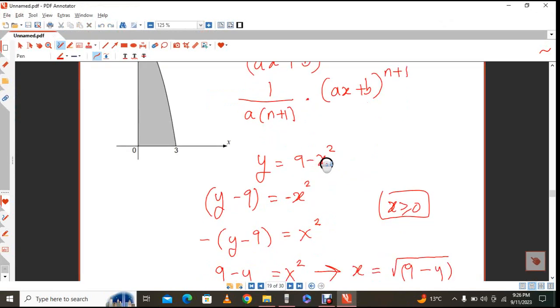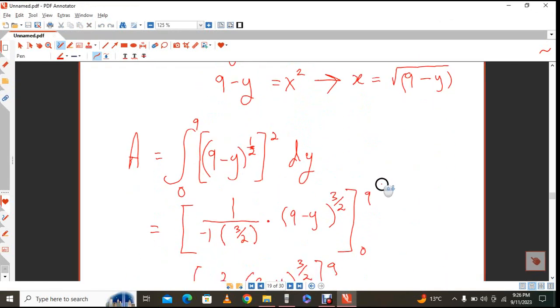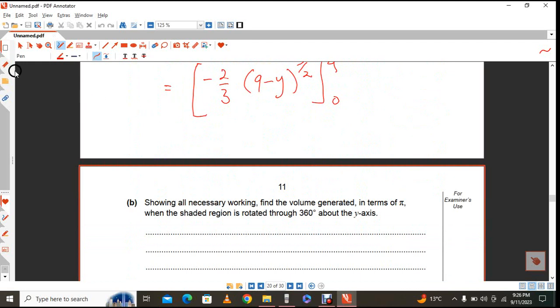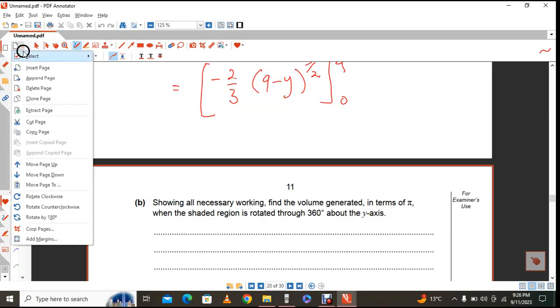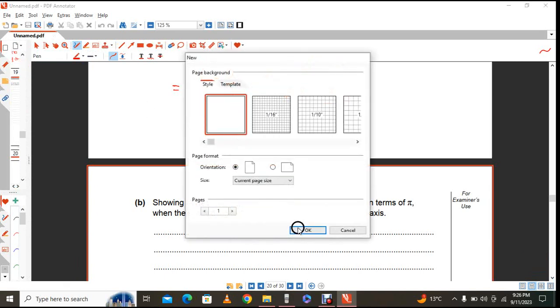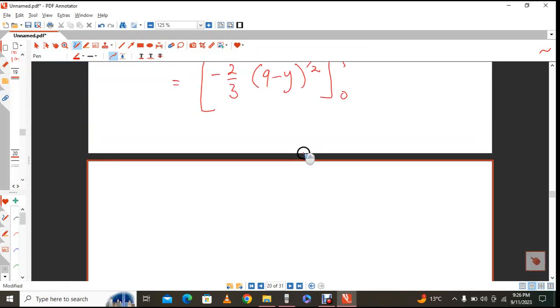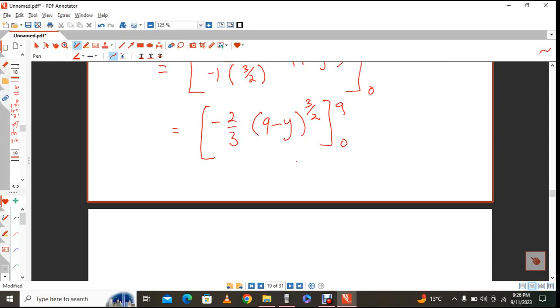So I'm working here with an annotator. So I was all the way over here and I wanted to include a blank page. All right, so I'm just going to insert a page so that I can have more space to work. All right, so in any case, this then gives me